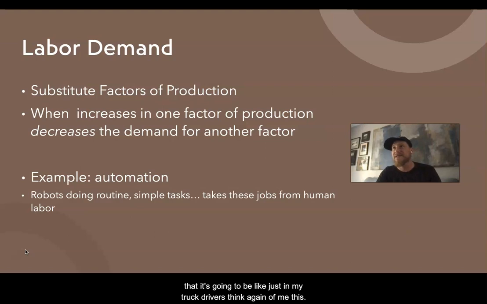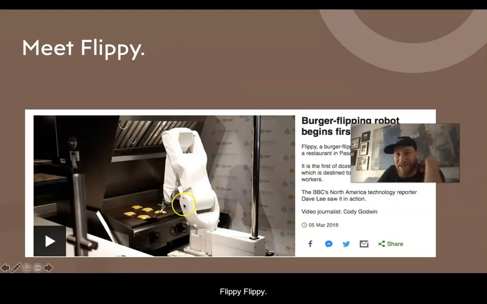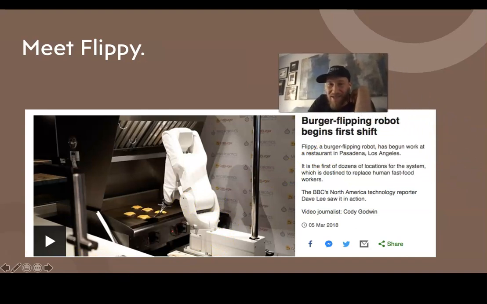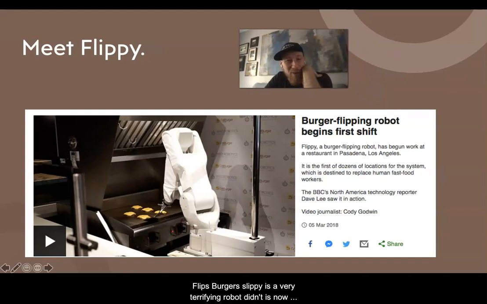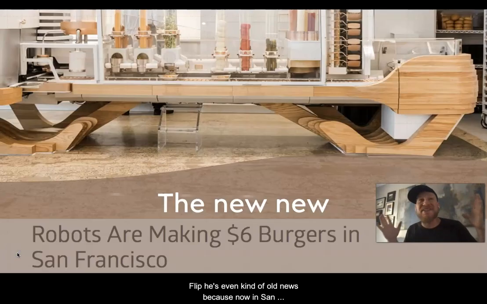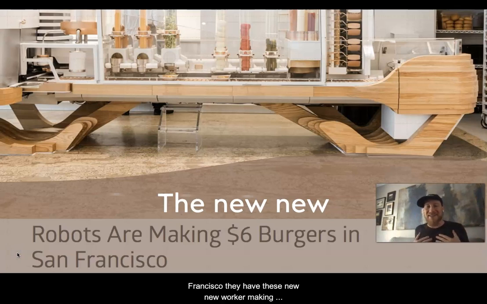And if you think that it's going to be just semi-truck drivers, think again. I mean, this is Flippy. Flippy flips burgers. Flippy is a very terrifying robot that is now taking the place of many short order cooks across America. And Flippy's even kind of old news because now in San Francisco they have these new burger making machines